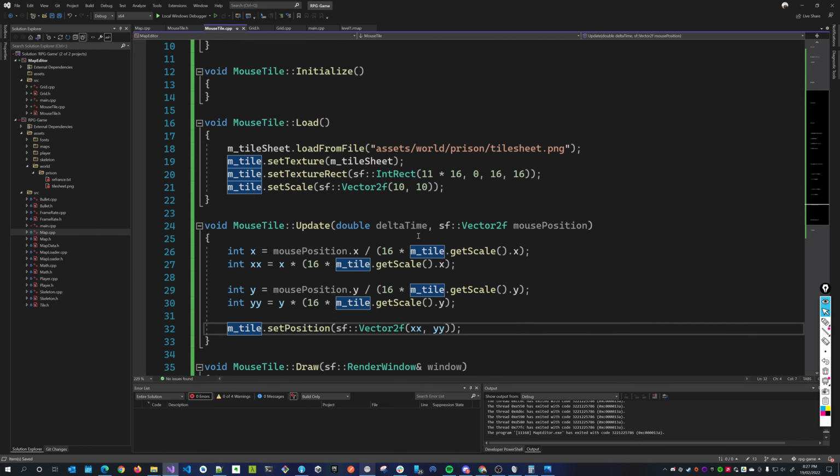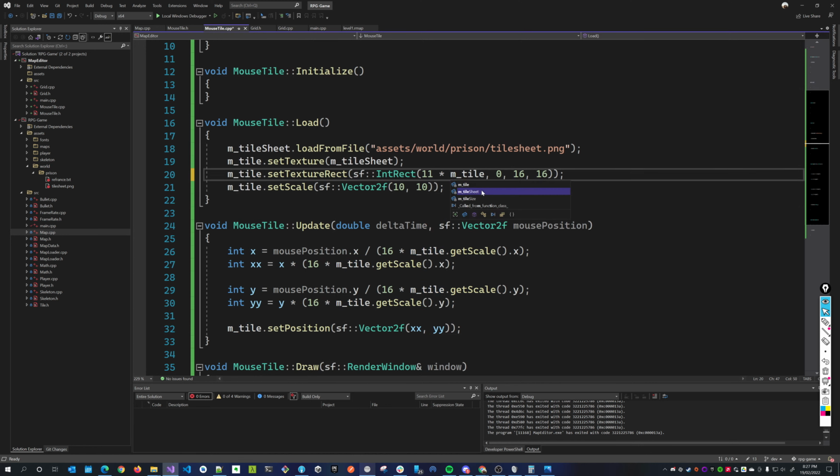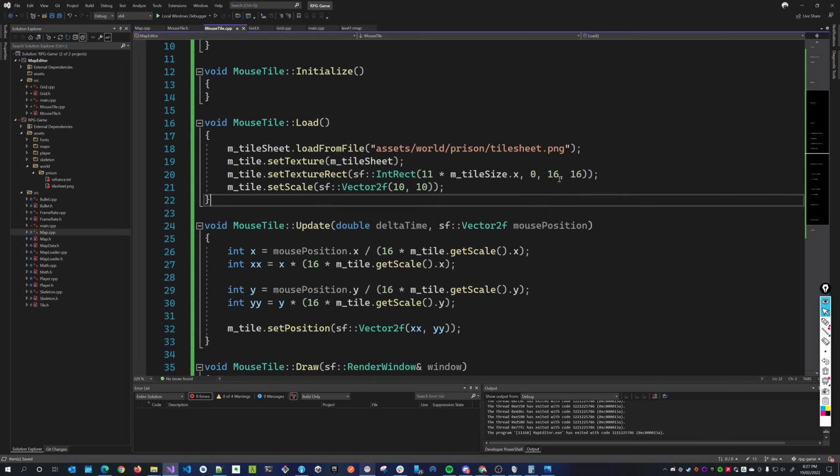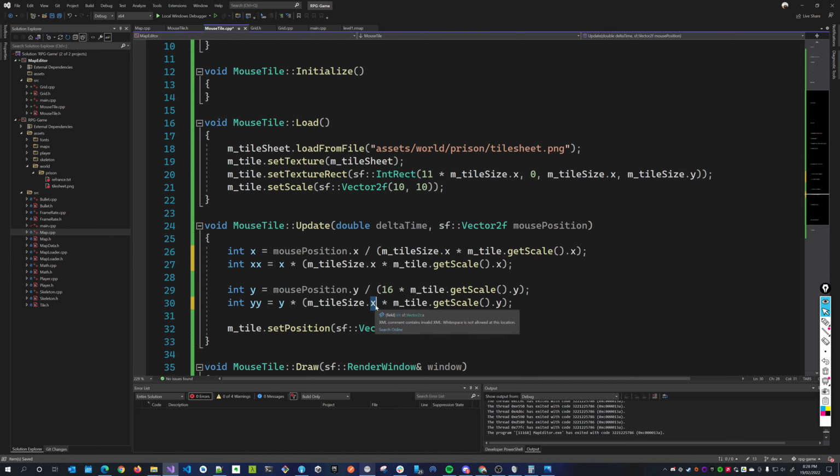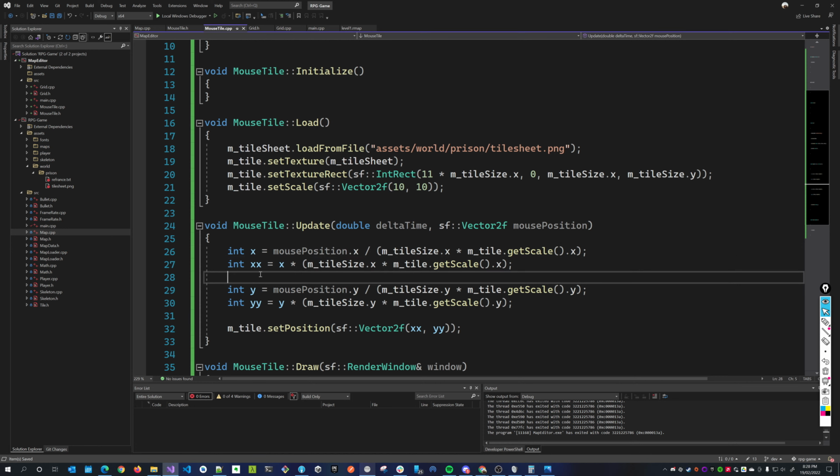Whatever the tile size is, this will be m underscore tile size dot x, m underscore tile size dot y, right? And instead of xxxx, this is going to be